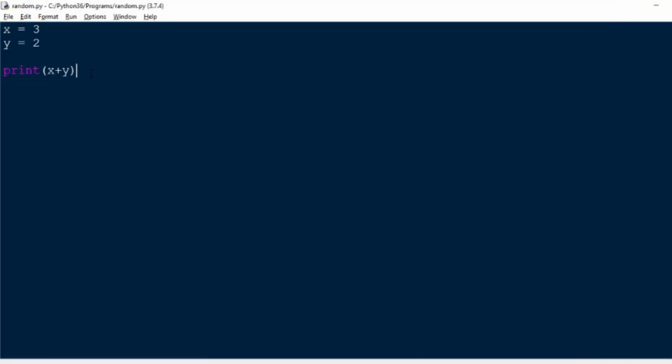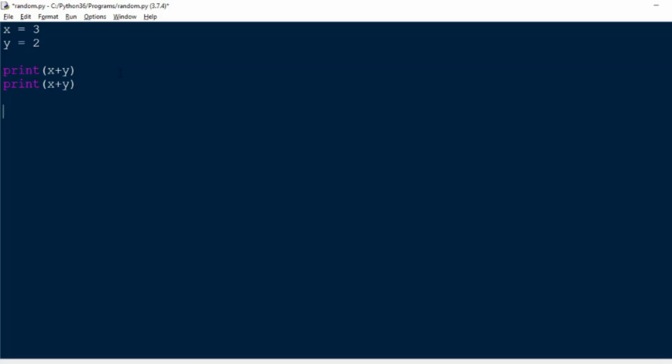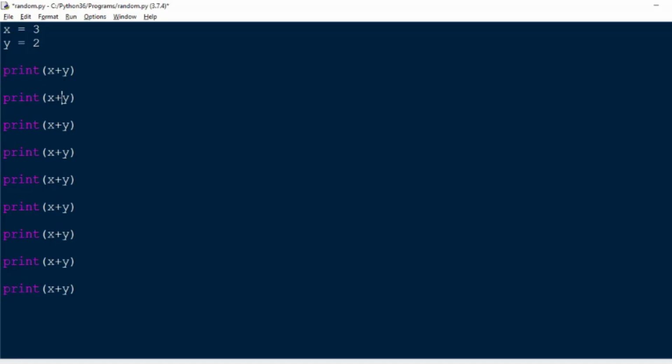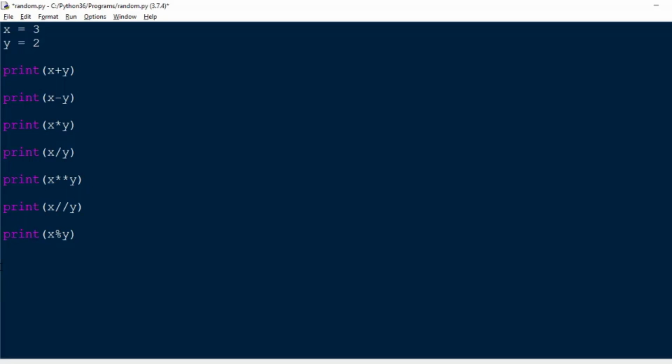Now similarly I can do that for all operations, so let me just copy paste it. And here I'll put the minus sign, here I'll put into, which is basically an asterisk, here I'll put a division, then here I'll put exponent, and here I'll put 2 front slashes for floor division, and here I'll put the modulus sign. And if I run it,